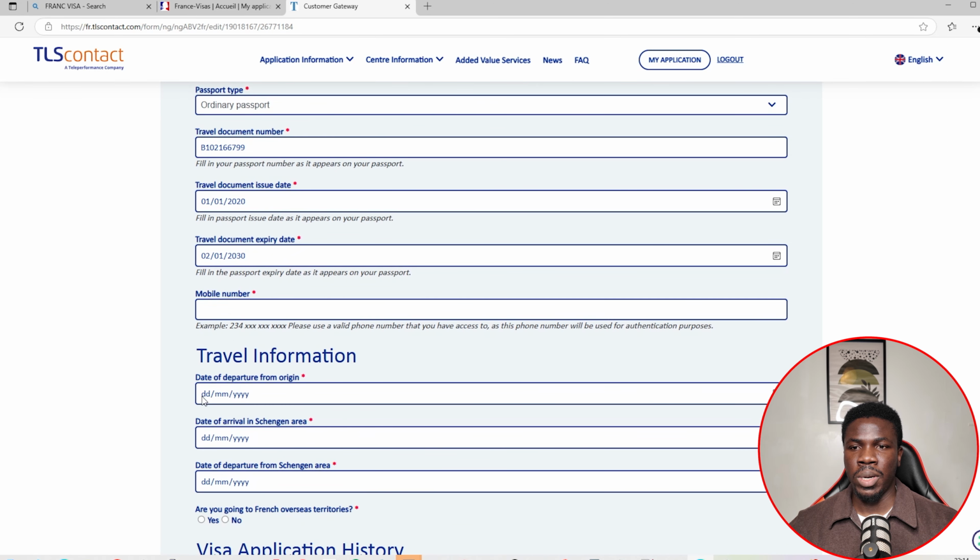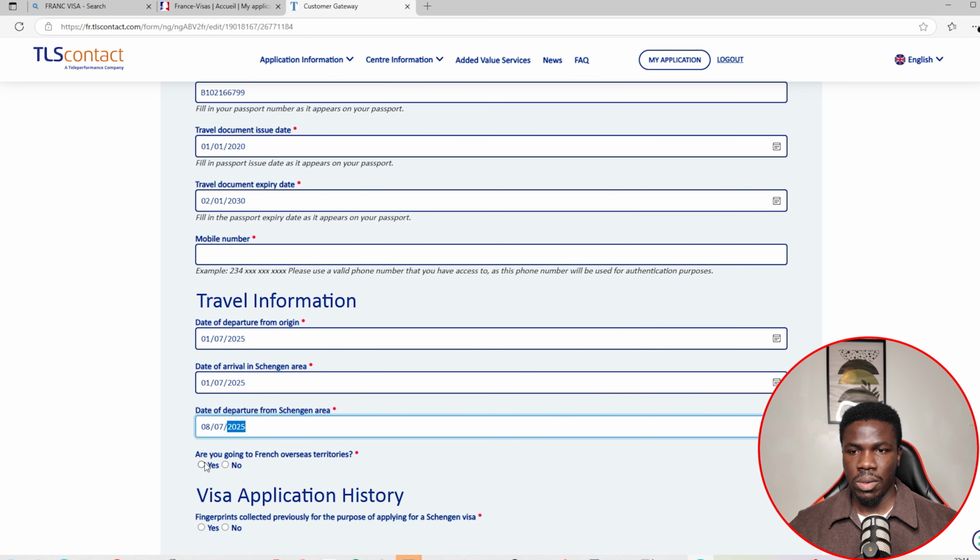Type in your phone number and your departure date. So that's the 1st of July 2025. And you arrive on the 1st of July 2025. And the date you are leaving will be the 8th of July